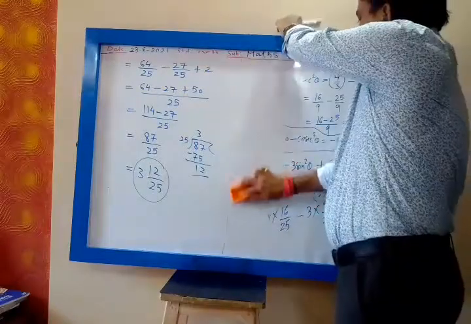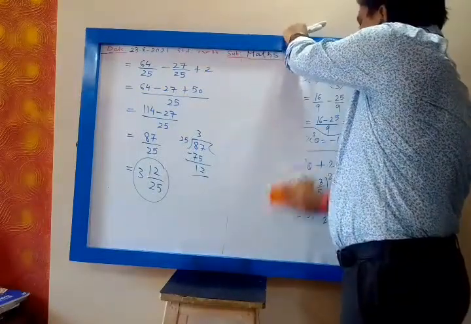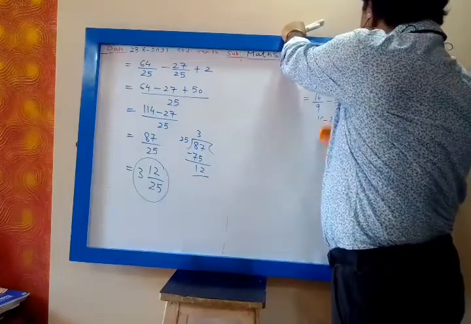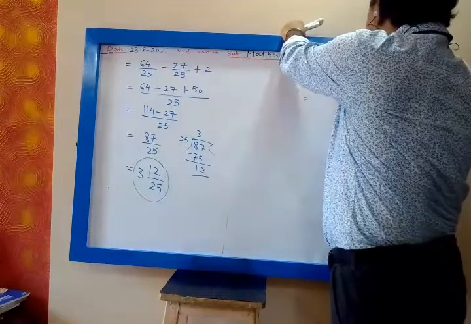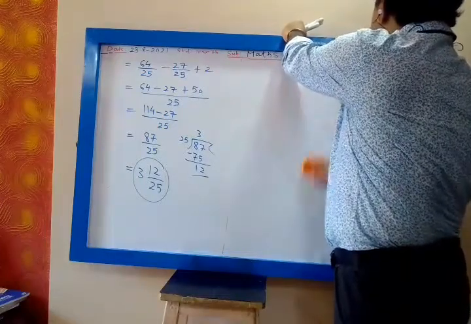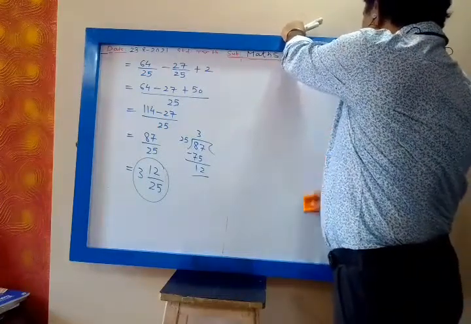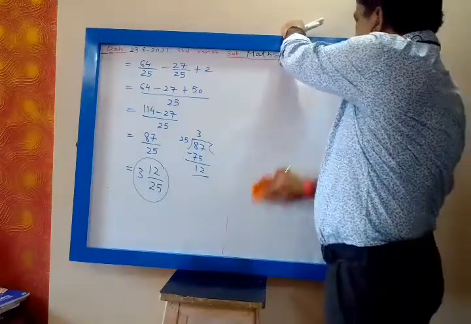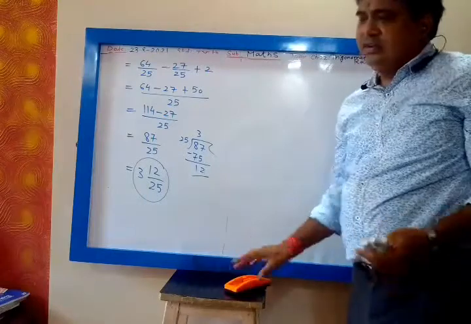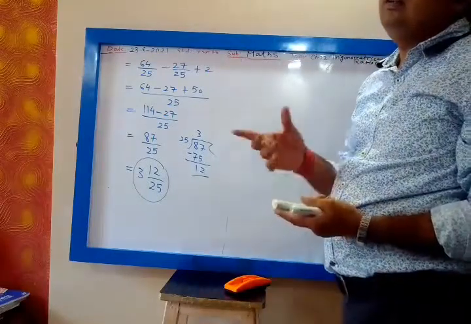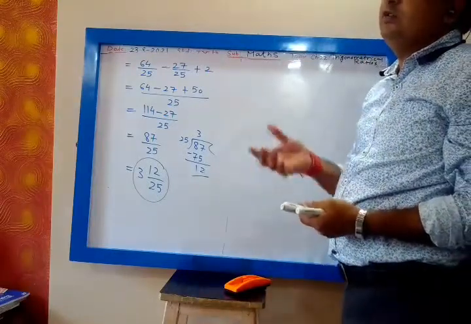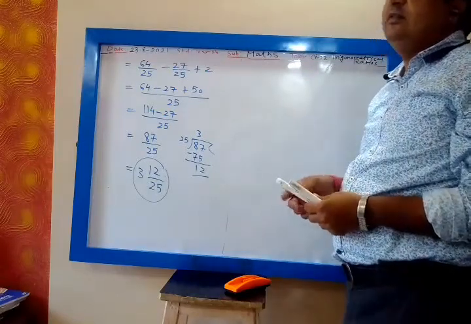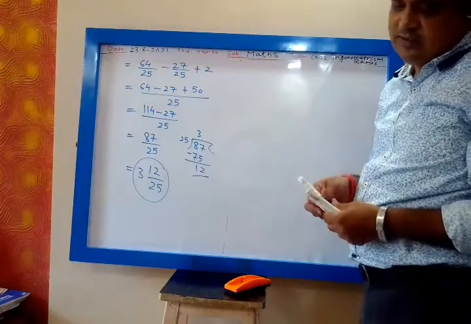13 given, 17 cos theta is 15. Whenever cos theta and sin theta are given together, you convert sin theta and cos theta in terms of tan theta. Tan theta is sin theta upon cos theta, remember that. And whenever a single ratio is given, sin is given, cos is given, directly draw the diagram. Whenever cosec is given, convert cosec into 1 upon sin, sec into 1 upon cos, cot into 1 upon tan.